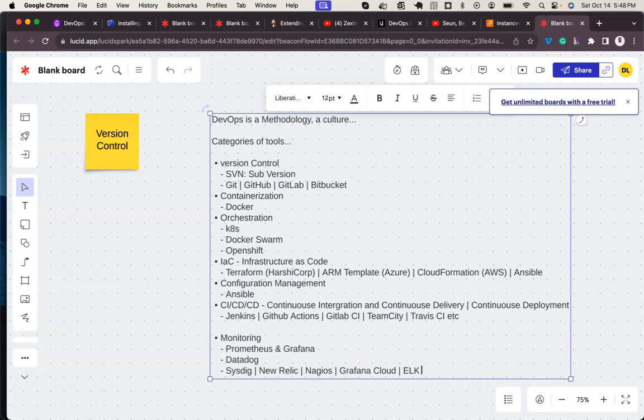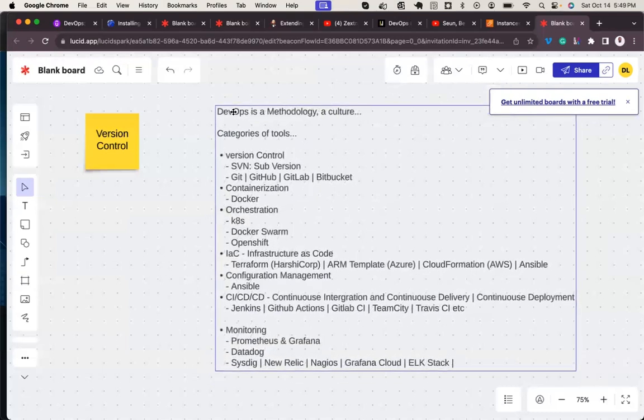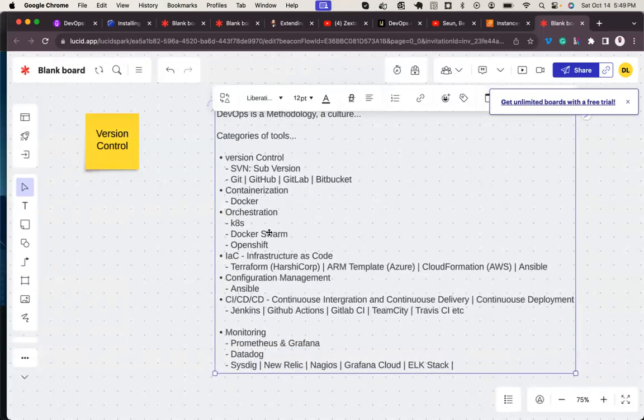There are many, there are so many. So these are the categories of the DevOps methodology.